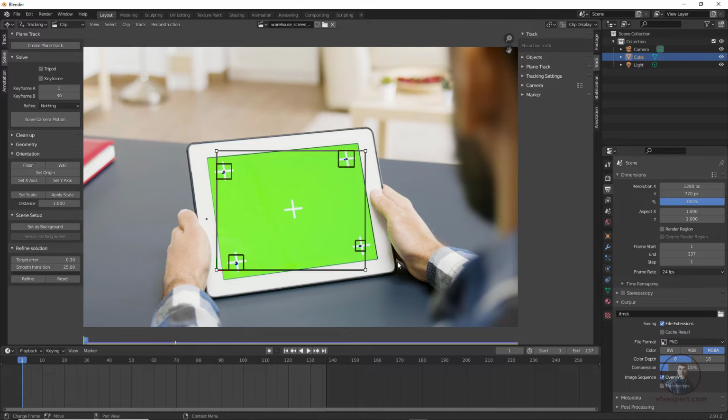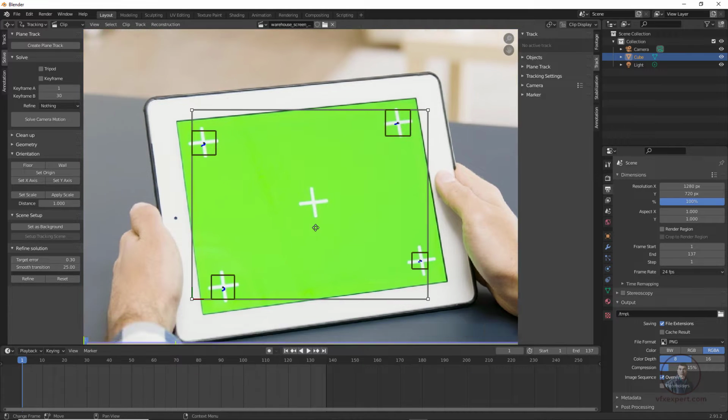So now you can see, this is actually our perspective plane. This plane you can set according to your perspective or according to your screen. So remember this one, this is the most important thing here. So here I have tracked all these trackers, but I am going to create our plane according to our screen here. So now just zoom in a little bit and place it here.